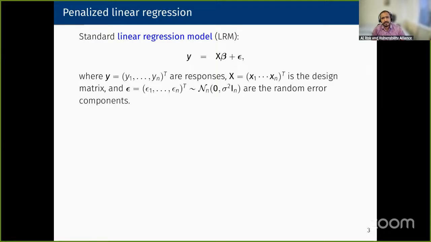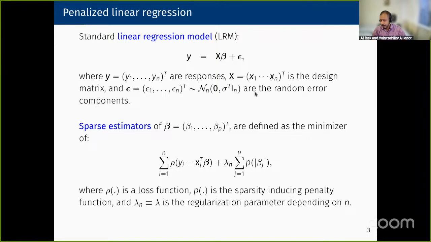The setup that we are going to take forward is that of a standard linear regression model, y is equal to x beta plus epsilon, with epsilon being IID standard normal errors. What we are going to work with are sparse estimators of the coefficient vector beta, where the loss function we are going to minimize is a penalized loss function, which consists of a loss term, like squared error loss, and a penalty term, which penalizes based on sparsity of the coefficient vector, so as to enforce exact zero values in one or more elements of